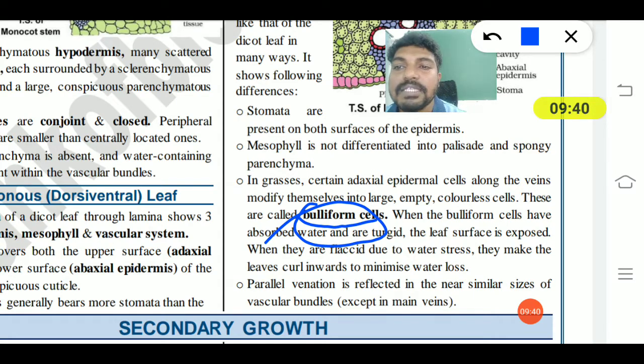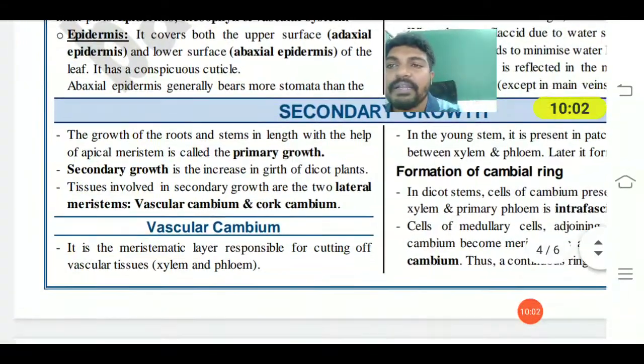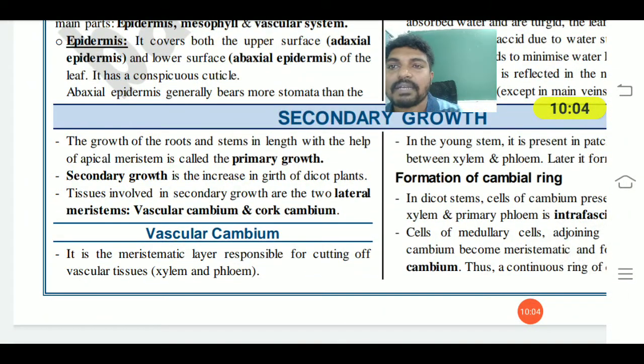And they have parallel venation. They have similar-sized vascular bundles, except in the main veins. So in the main veins, and elsewhere, they have similar-sized vascular bundles found in the venations. Got it? So this is about the monocot leaf. Coming to secondary growth, the growth which occurs in the root and stem length with the help of